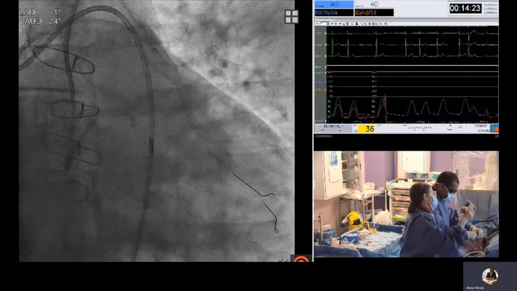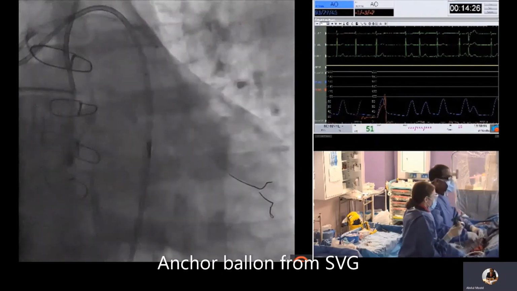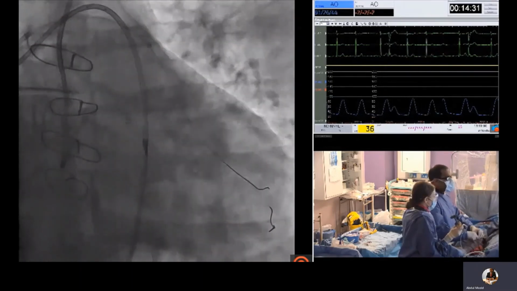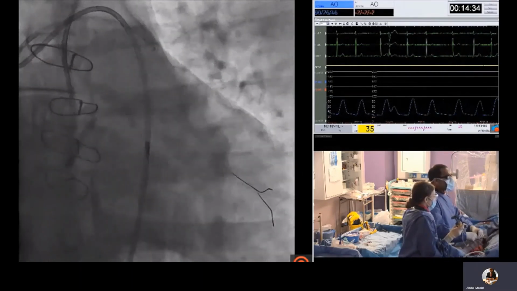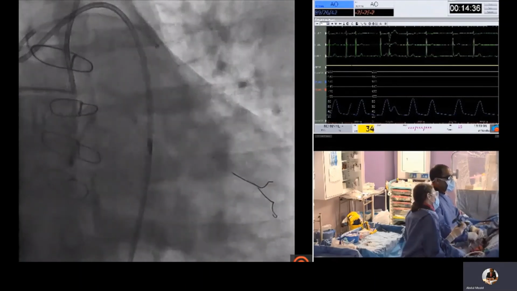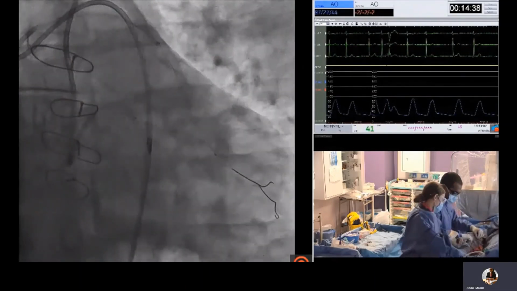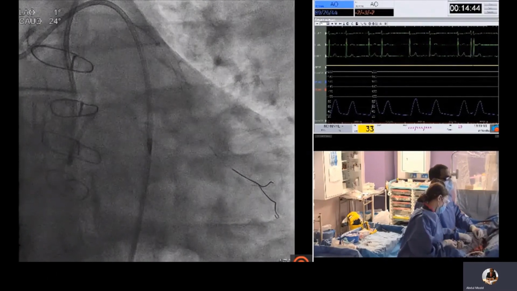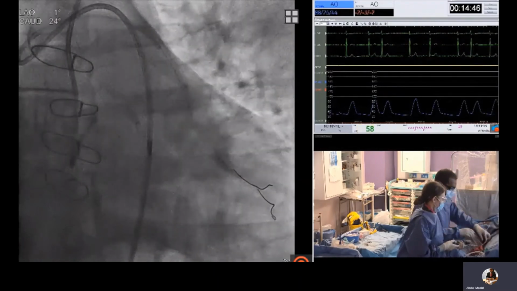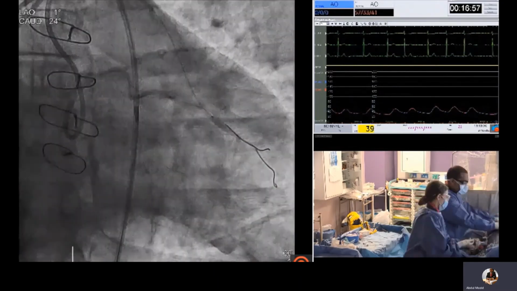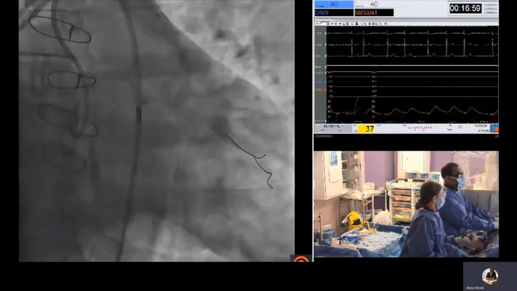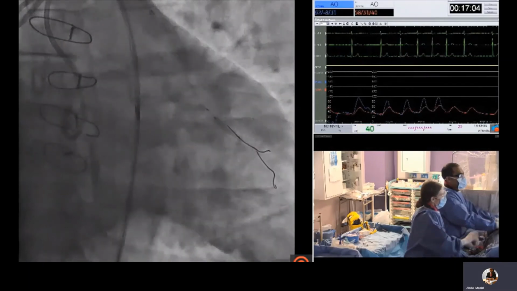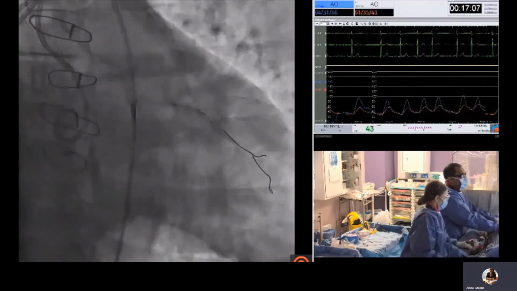So in this situation, we already have a wire from the vein graft into the distal obtuse marginal. So this allows us to introduce an anchor balloon. And so this is the balloon introduced from the vein graft, which is inflated, anchoring the antegrade wire from the native circumflex. And this then really improves the support. And here you can see with the balloon inflated, it is then possible to advance antegrade equipment,